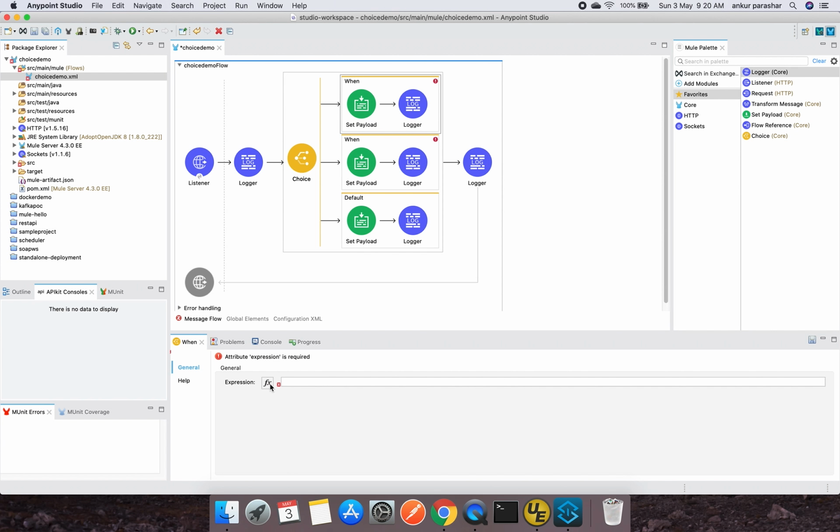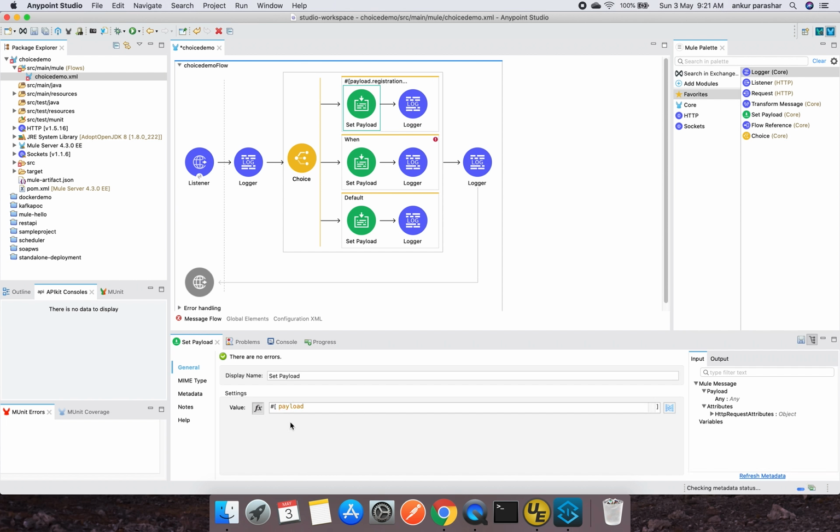So I will be creating some conditions around here. It will be payload dot registration status equals to pending. So within the payload, I am expecting one of the fields will be coming up as registration status, and I will check if it is pending. Then it will go to this particular path. So here I will say: user registration is still pending,